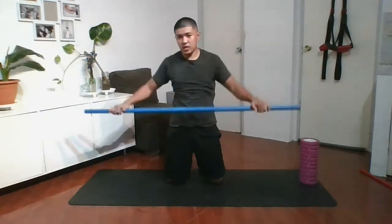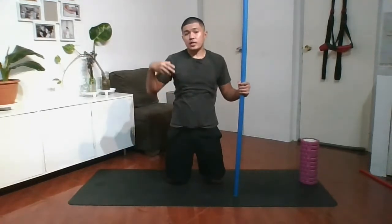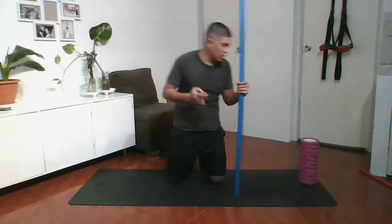Okay, the reason why we're doing that is to see limitations in our thoracic spine. So we want to relax the muscles so we can have more range of motion in terms of rotation, twisting. So earlier we already did the chest, so that would have helped the twisting part a bit. Okay, so let's say meron na siyang less limitations sa chest. So this is important. So for the foam rolling of your